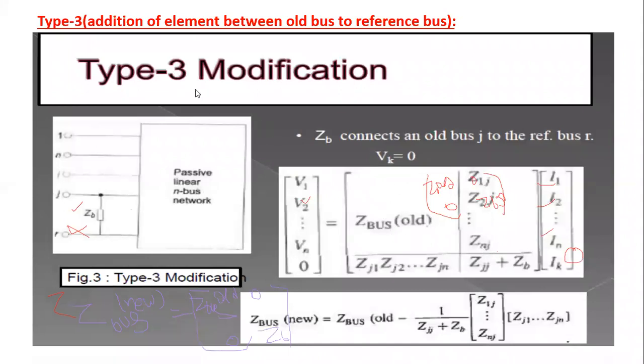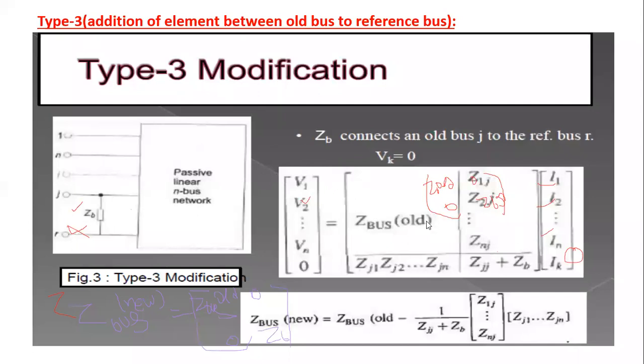Okay, type 2 modification లో Z bus matrix ఏదైతే సాల్వ్ చేసామో అది type 3 లో వచ్చేసరికి మనకి ఓల్డ్ బస్ అవుతుంది. ఓకే, ఆ ఓల్డ్ బస్ కి మనం ఏం చేస్తాం, ఒక బ్రాంచ్ అనేది యాడ్ చేసాము. బ్రాంచ్ యాడ్ చేసినప్పుడు ఆ Z bus matrix లో మనకి ఏమవుతుంది, ఒక రో ఒక కాలం అనేది యాడ్ అవుతుంది. అది ఎలా యాడ్ చేసుకుంటున్నాము అంటే Z1j, Z2j, Znj. Similarly, ZJ1, ZJ2 and so on ZJN. Okay, like that ZJJ plus ZB. Okay, this is the formation of the row and the column in the new matrix, Z bus matrix. Okay, this is the type 3 modification.